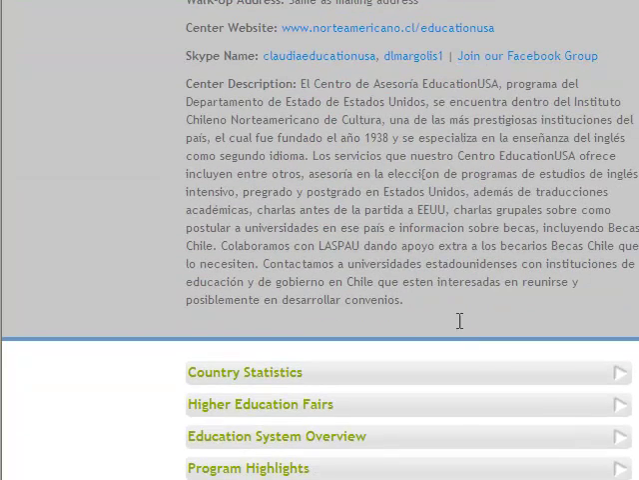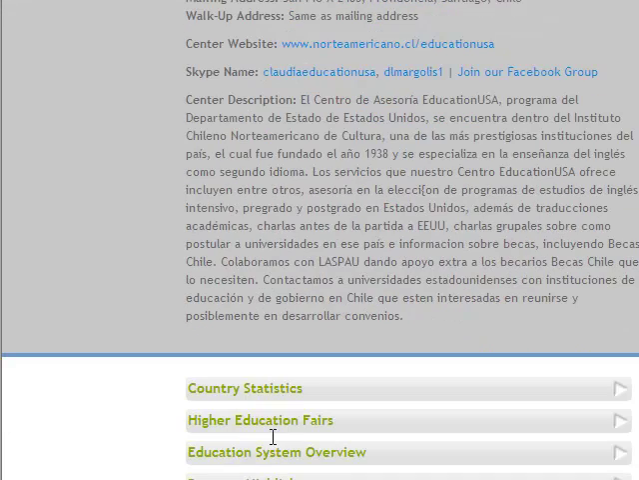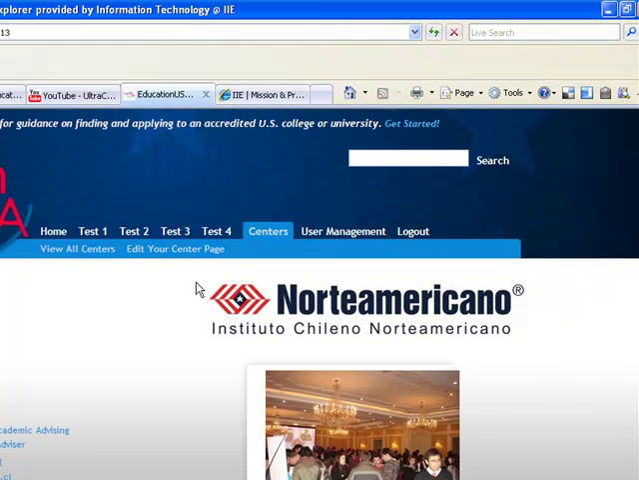And you can see they have their description of their services here and what they provide in Spanish. So that's a great resource. Again, this is the internal EducationUSA view only. And then at the bottom, all the different sections that they've completed for their center site. So we'll go